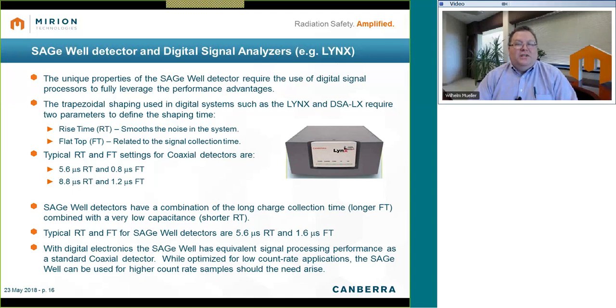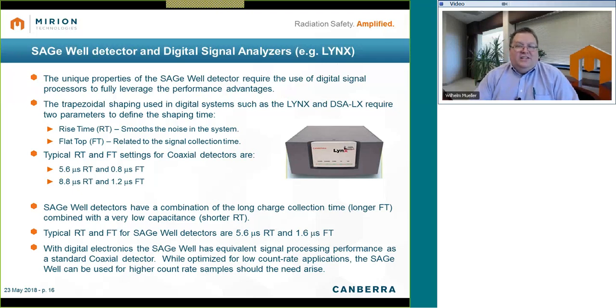The second one is the flat top, which is related to the signal collection time. So a detector that has a long signal collection time will have a larger flat top than one with a shorter rise time. To put in context where the typical settings are for rise time and flat top in coaxial detectors, one will typically see values within about 5.6 rise time, 0.8 flat top, to 8.8 rise time and 1.2 flat top,